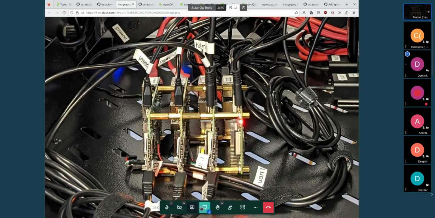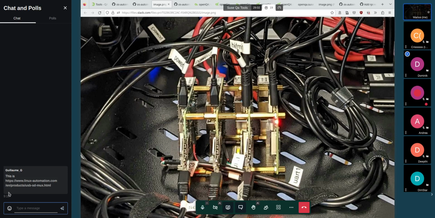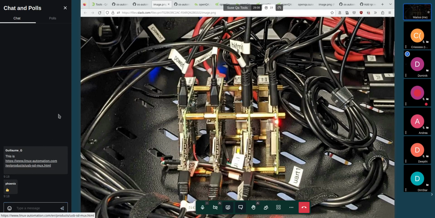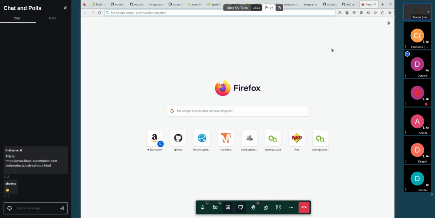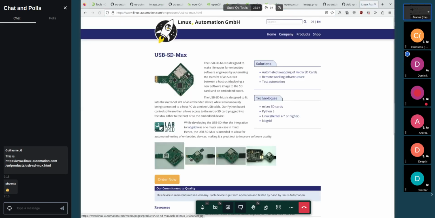You actually posted it. Yeah, it's this device from Linux Automation, and we can switch it over to the host. Here you can see it much better. You can switch over to the host and then via USB flash it like it's a normal SD card